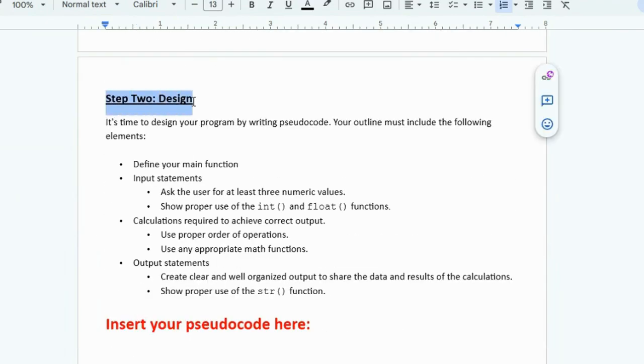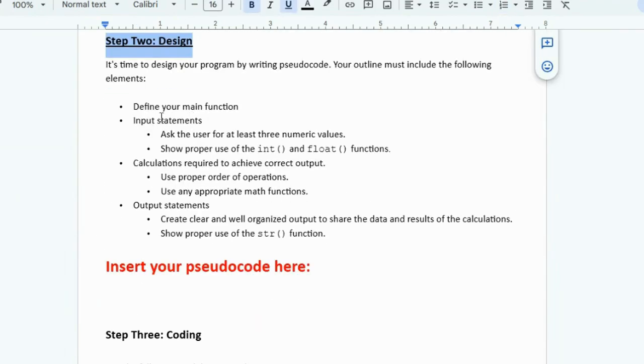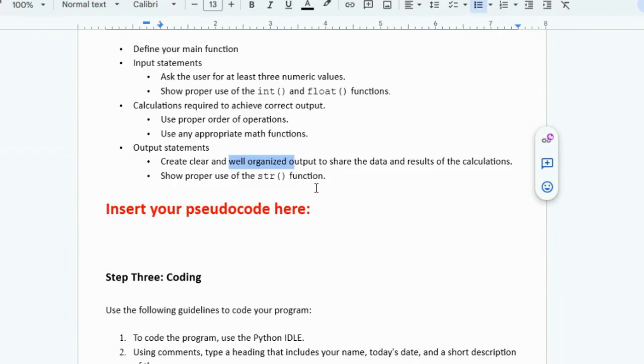Here's the design. So step 2, define your main function. Did not do. Ask the user for 3 numeric values, which means at least 3. That means they should be entering the prices. For your appetizer, how much does that cost? They should enter that because it says ask the user for at least 3 values and declare them as either integers or floats. Now you declared nothing as an integer up at the top, but these are probably floats because they're probably like $12.99 or something. You have, again, no calculations. And it's not really a well-organized output because it's kind of confusing with all these squigglies, .2Fs, and a bunch of extra stuff on there.